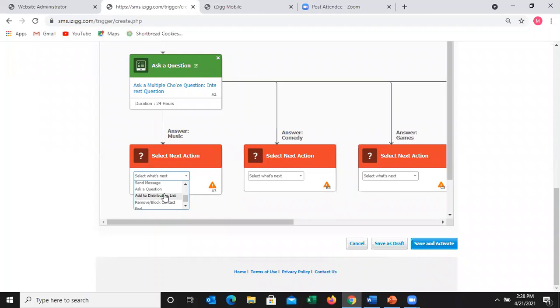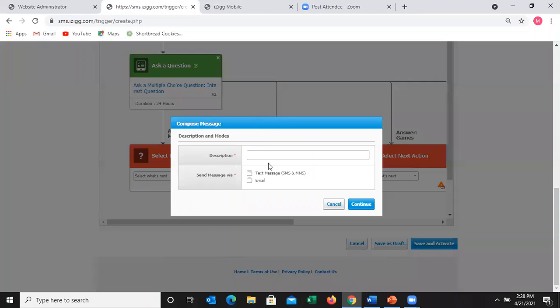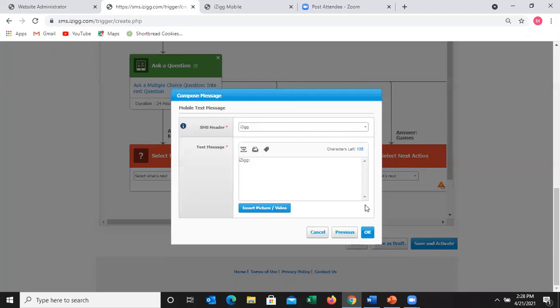So let me go ahead and give them more information. I could add them to a distribution list as my next step, or I can simply send them a message. For our purposes, let's go ahead and send them a message. And this may be a coupon. Maybe you want to entice them further and say, show this text